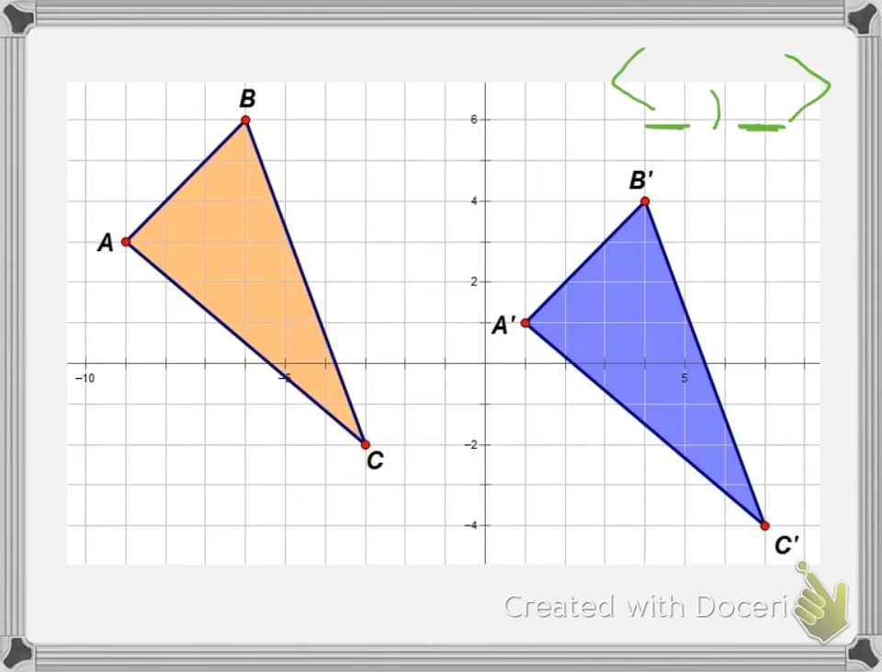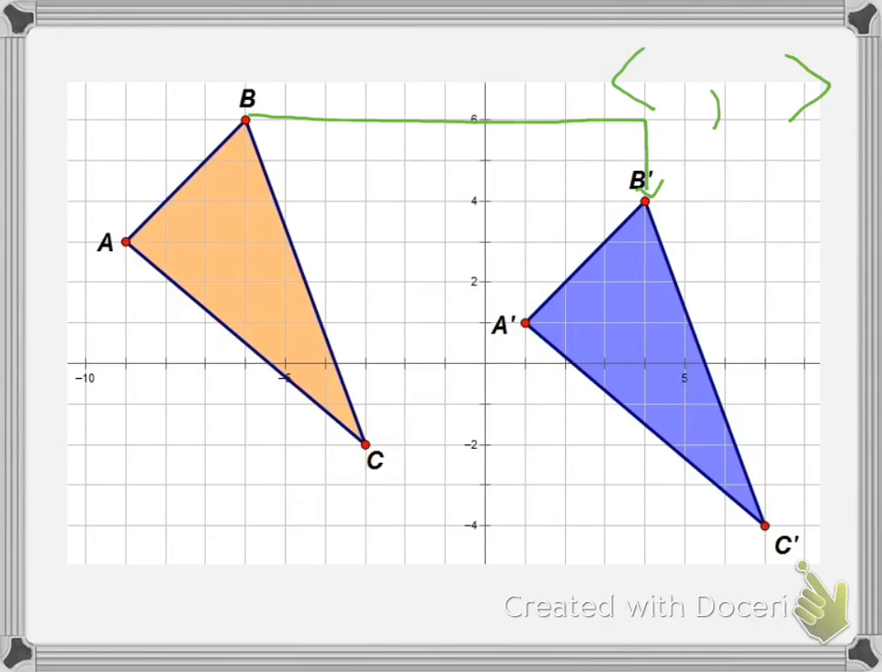Now remember, with no prime, that's your pre-image, and prime is your image, which is the newest thing. So we're going to go from pre-image to image. So that's what I'm going to do right now, and I'll do that in green. So I need to go like this horizontally